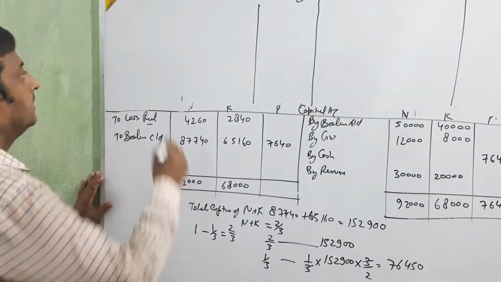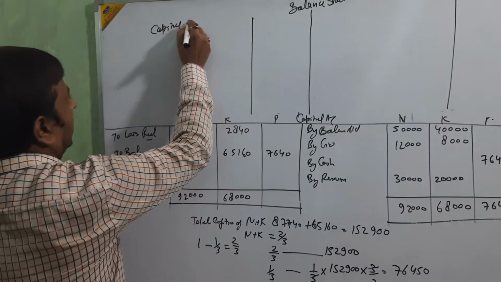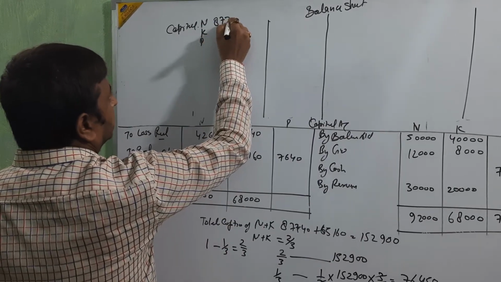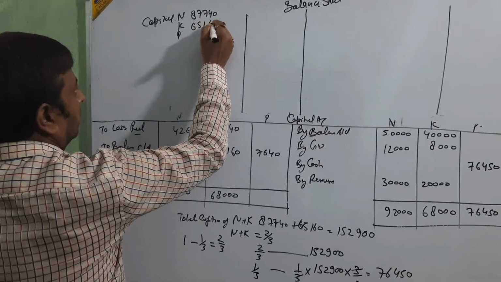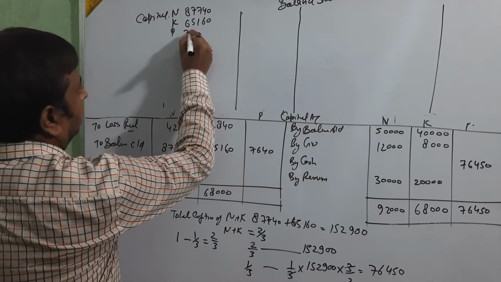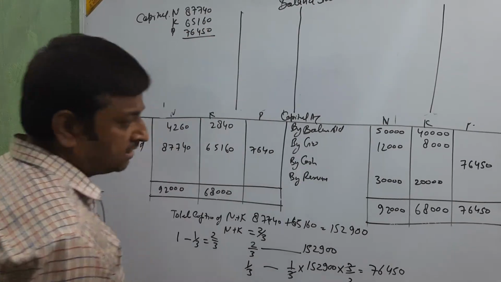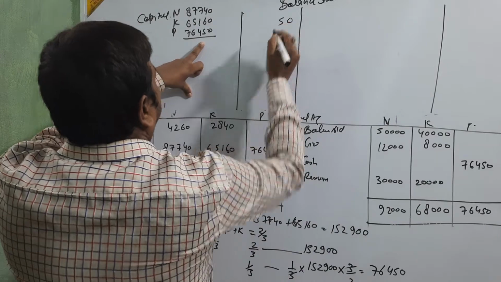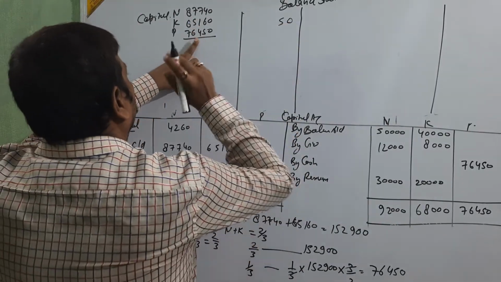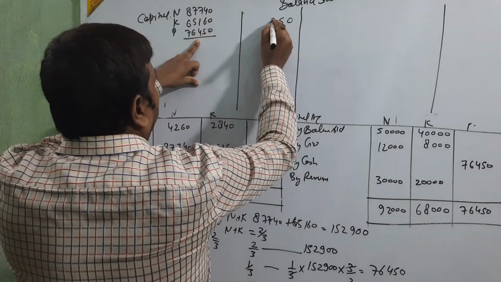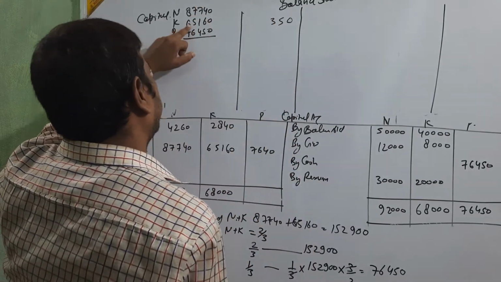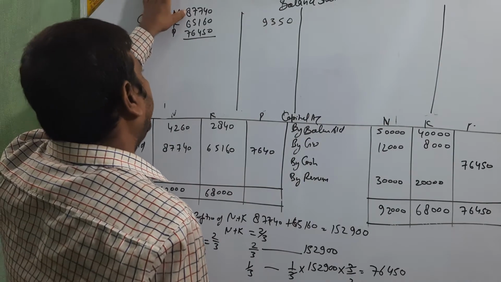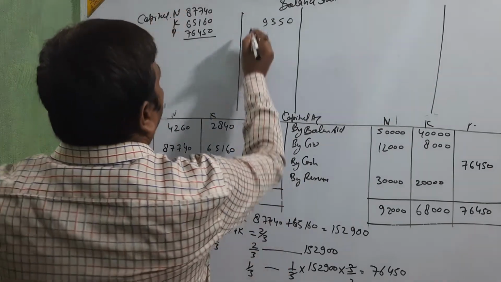Just start with the liability side. Capital, names: Kham and Prem. 87,740, 65,160 and 76,450. Okay beta? Clear? Total of this is